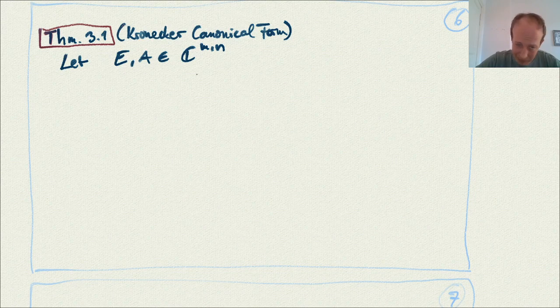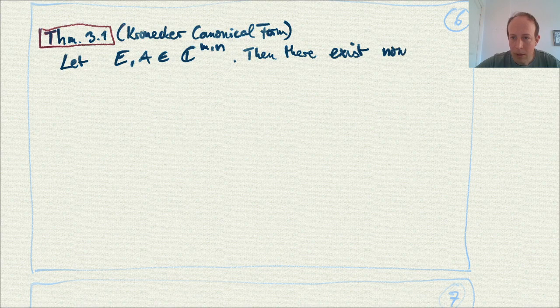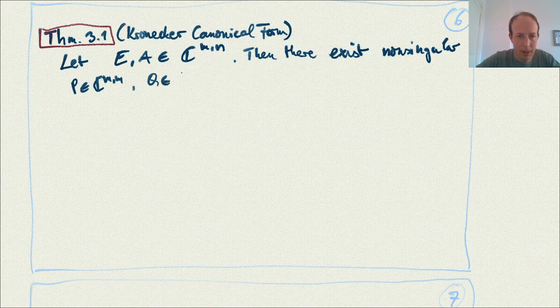So let E, A in C^{m×n}, and then the theorem says there exist non-singular P in C^{m×m}, Q in C^{n×n}, such that